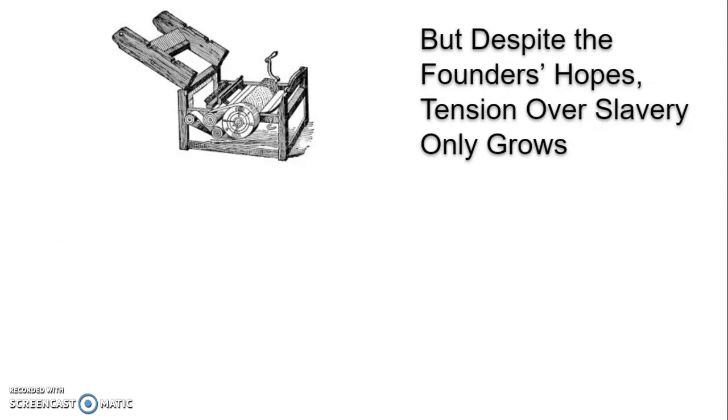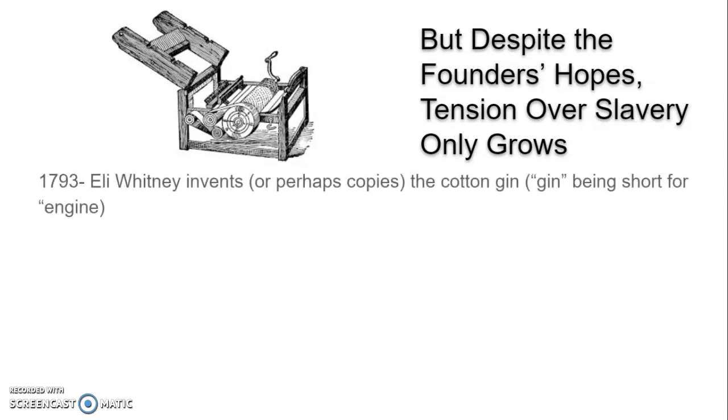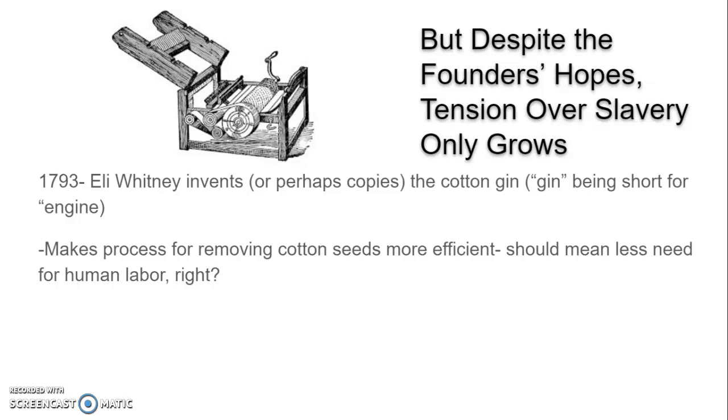Okay, so like I said, the founders had this hope that slavery would kind of go away on its own. The country would get stronger. It had gone away on its own in certain states in the more industrialized North. So they felt like maybe that's going to happen everywhere. Well, it did not happen.